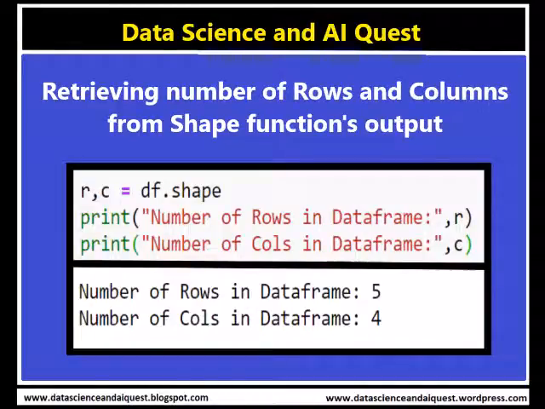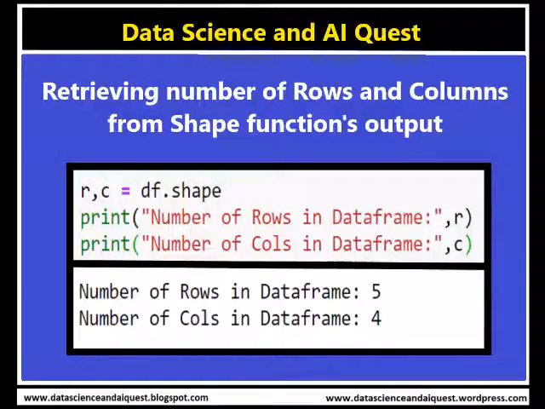Then suppose one wants to retrieve only the rows or only the columns, then one can read that number from the tuple. We have to create two variables or objects, which we have named R and C, and upon these variables we call df.shape, that is the data frame and the shape attribute over it.